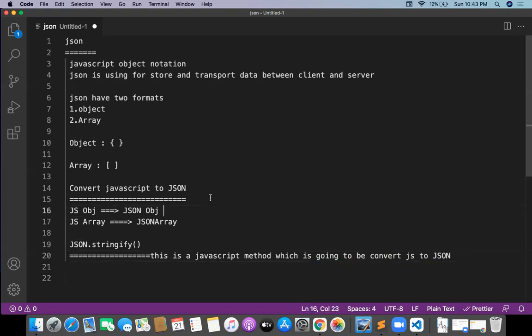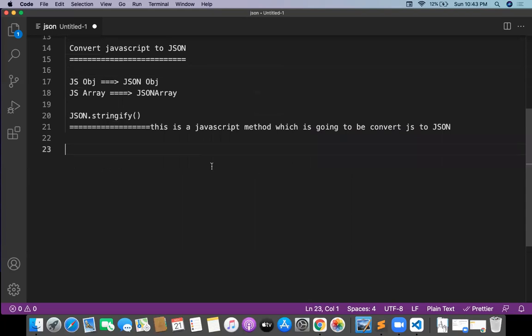And one more way: whenever I want to convert JSON to JavaScript, it means something like receiving data on the client system. You get the data into JS, and automatically this will be bound to the HTML. How do we do JSON to JS?